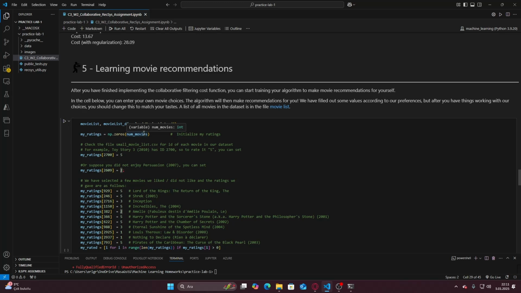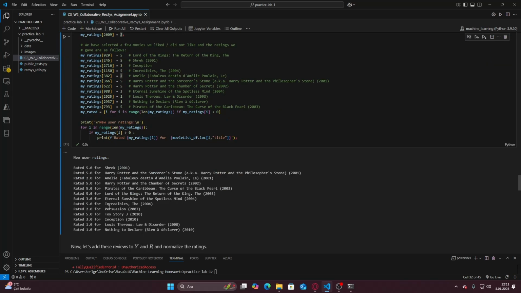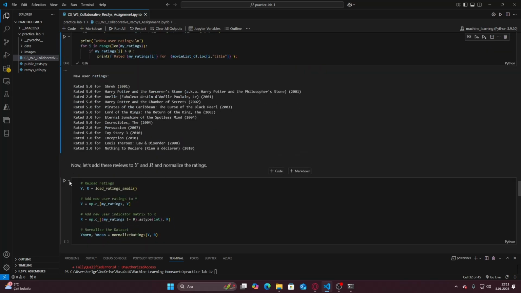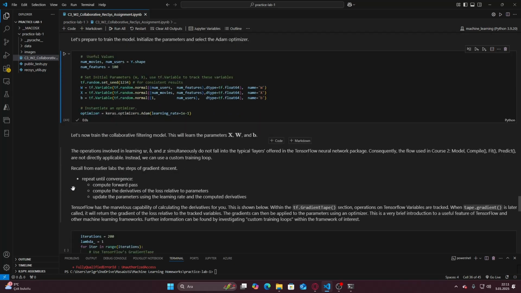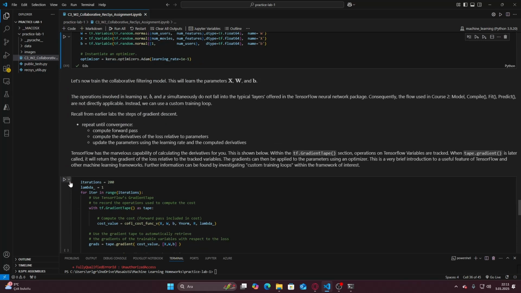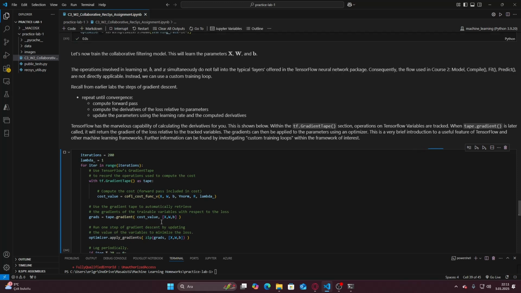In the cell below, you can enter your own movie choices, and the algorithm will recommend movies for you. Let me run this one. This is reloading, preparing the optimization. It may take some time because